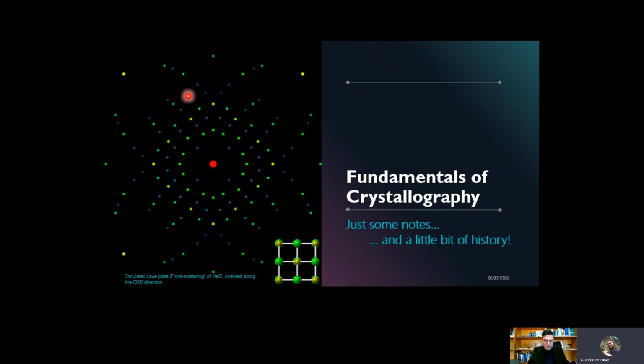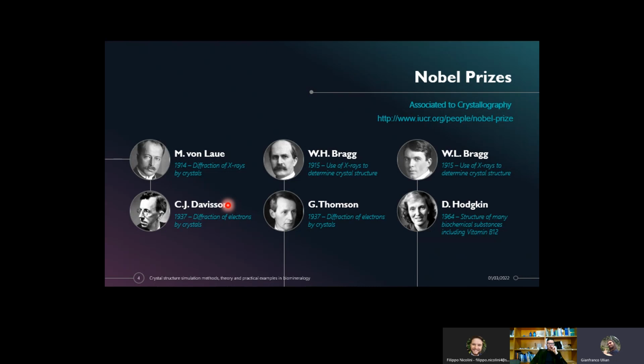Here you can see a picture. It is not here by chance. This is a diffraction pattern for this mineral here, that is halite, that is the mineralogical name of the tabletop salt, okay, sodium chloride. And this is one of the pictures that was recorded by the discoverer of the X-ray diffraction by crystals, that is Max von Laue, who won the Nobel Prize for this discovery. He developed an initial theory and formulation related to the X-ray diffraction, okay, but